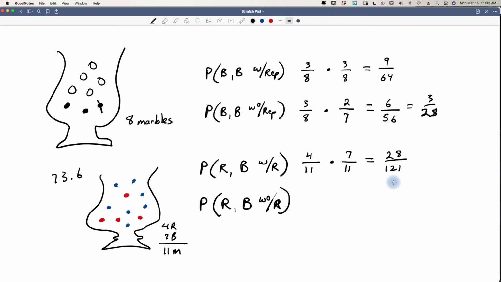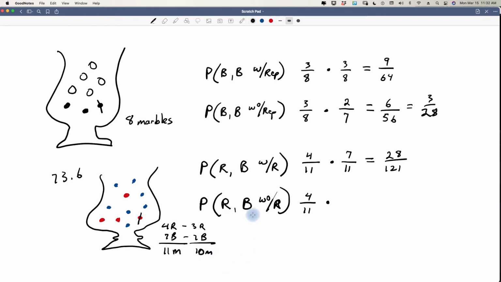Now let's do the same thing without replacement. So the first one is the same. We have a 4 out of 11 chance that we are going to pull a red. So we pull the red with our 4 out of 11 chance. We keep the red out. We take it out. So now we have 3 red and 7 blue and 10 marbles,